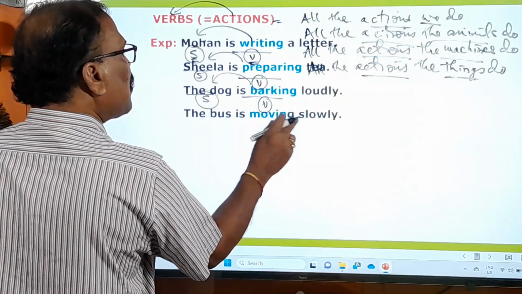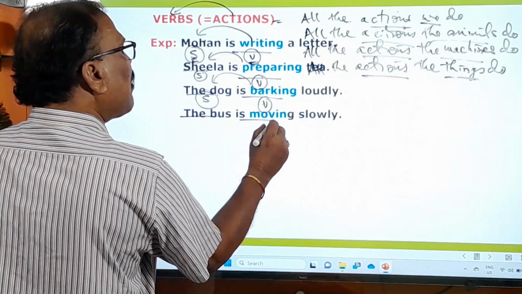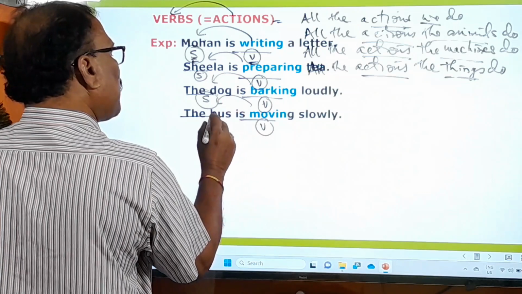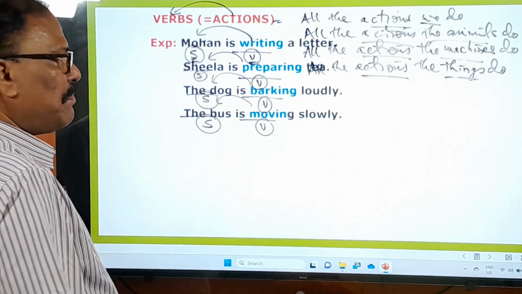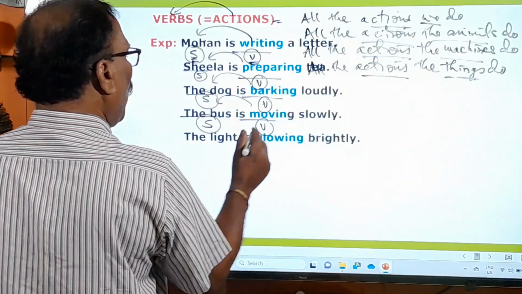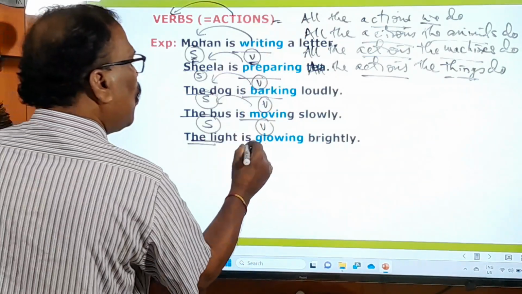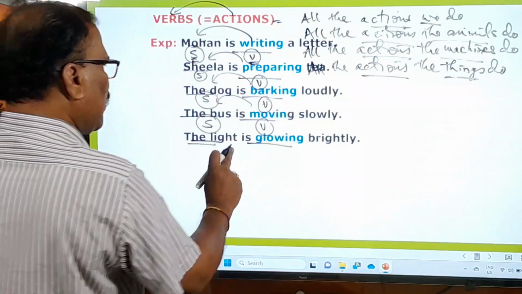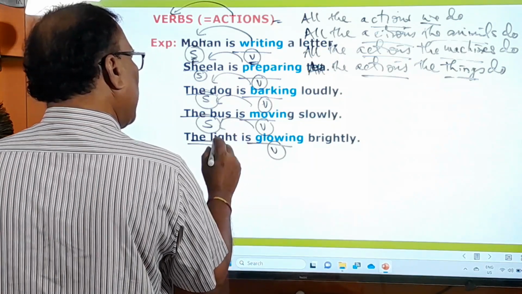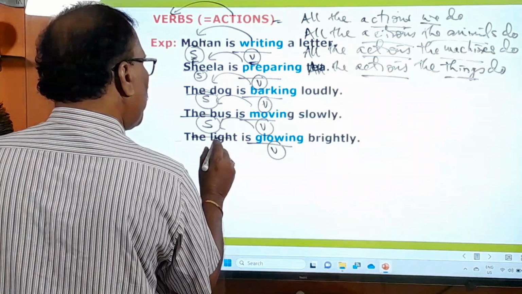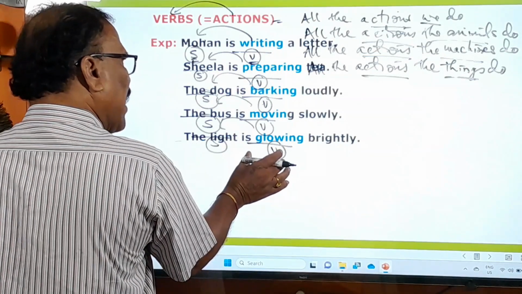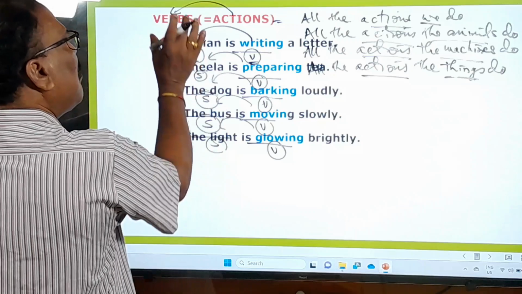And next, the bus is moving slowly. What action is the bus doing? Moving. And what is this moving called? It is a verb. And what is the doer of this action? The bus. So what is this called? The subject. And one more example: the light is glowing brightly. What action is the light doing? Glowing. What is it called? Verb. And what is the doer of this action? Light. What is it called? Subject. So in this way, all these are called verbs or actions, and all these are called